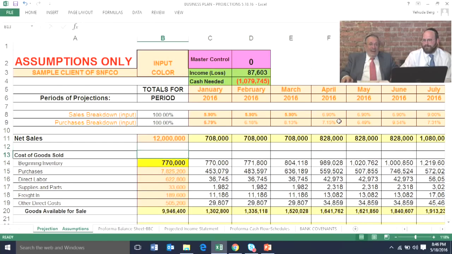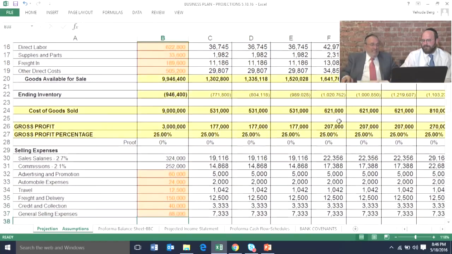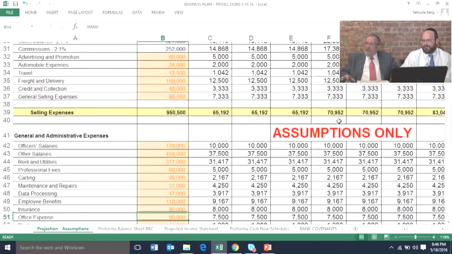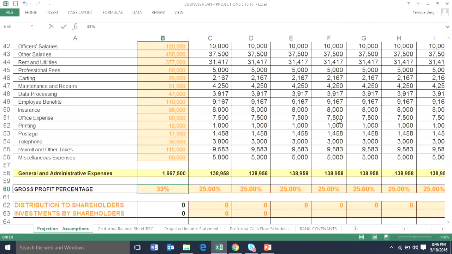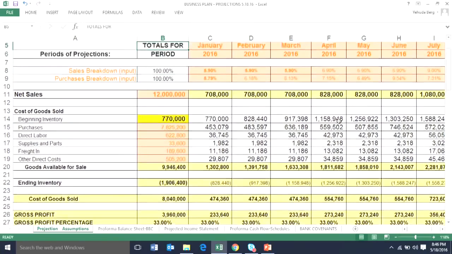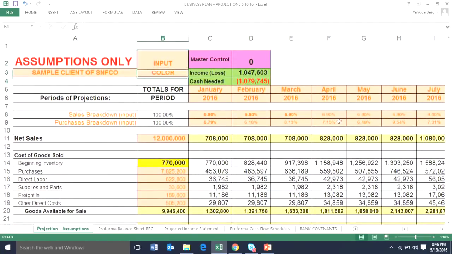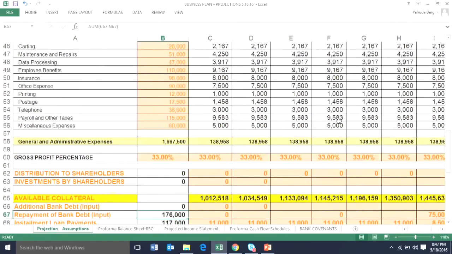This is a difficult thing to do, but you can concentrate. Watch what happens if I take my 25% margin that I was working with and I improve it to 33%. Now, I have to also say, let's go back. I have to say that many times,